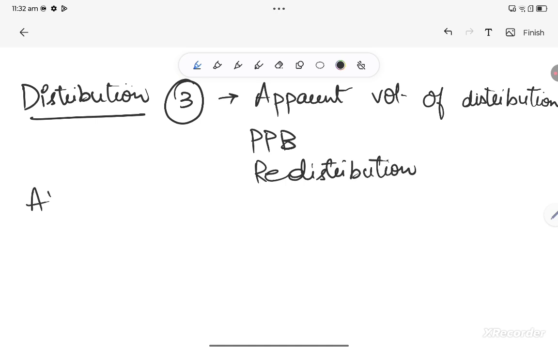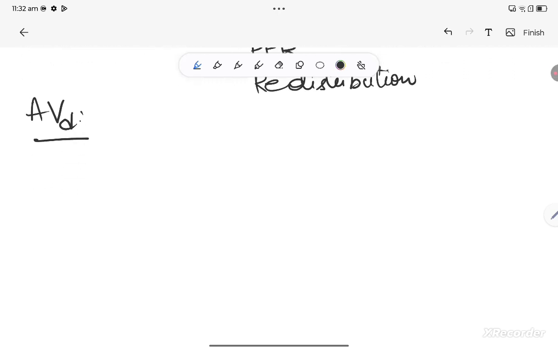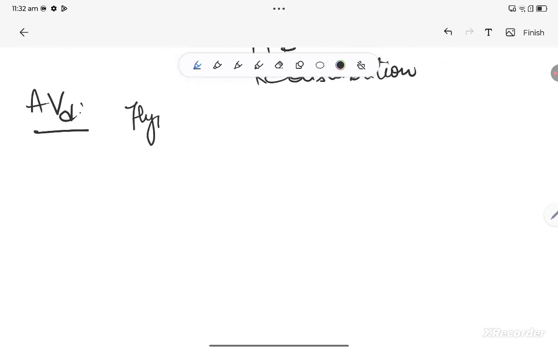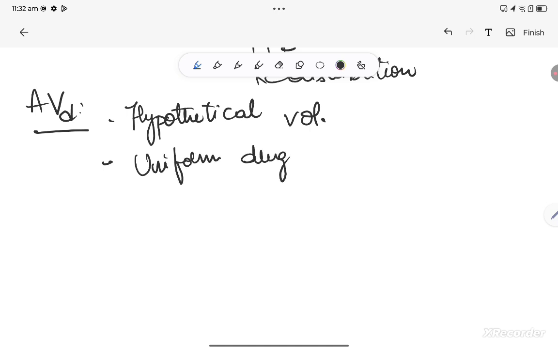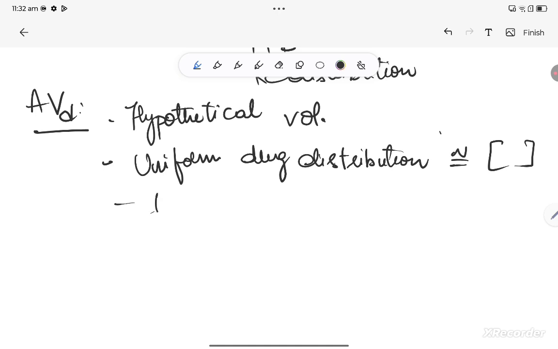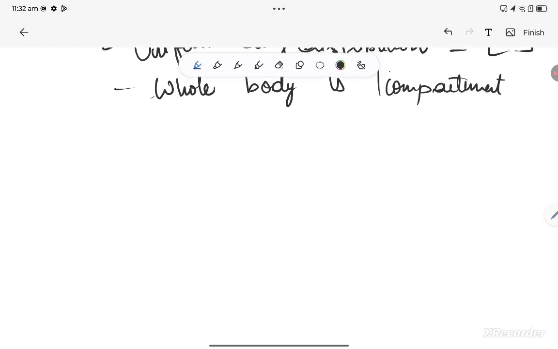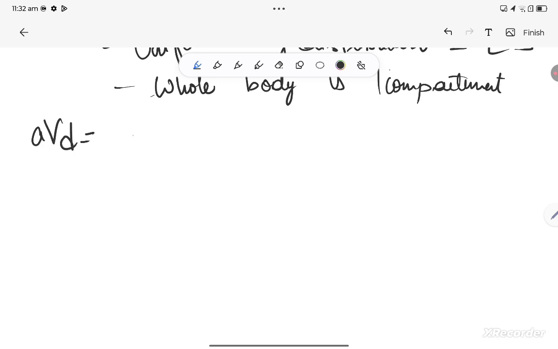So we'll first start with apparent volume of distribution. It is represented by AVD. Basically, this is a hypothetical volume. What I mean by that is it is an imaginary volume. It mainly talks about uniform drug distribution throughout the body at equal concentrations, assuming that your whole body is one single compartment. Clear? So this is the definition of apparent volume of distribution, and it is usually calculated by the formula: total amount